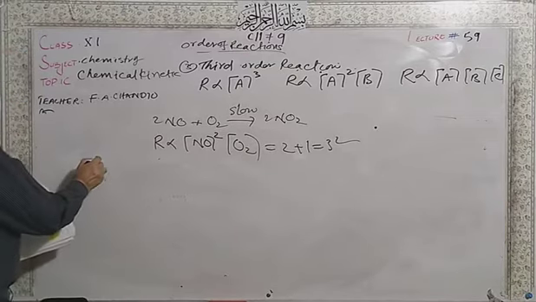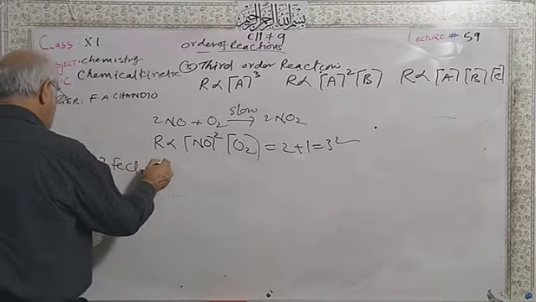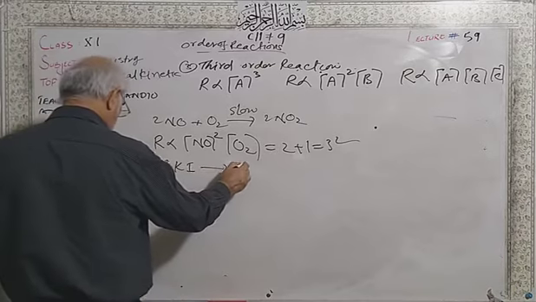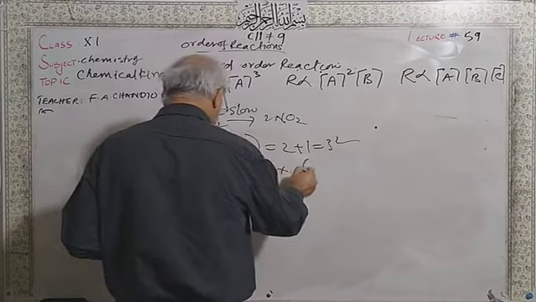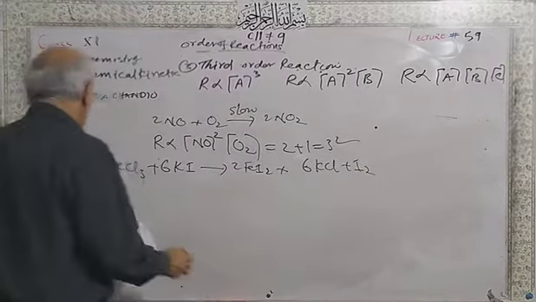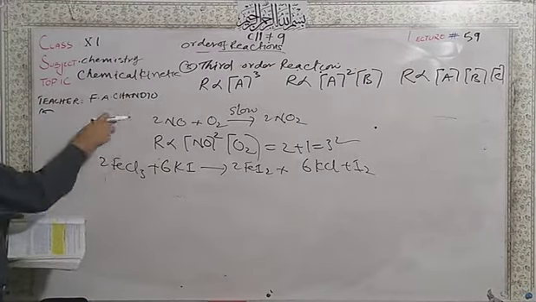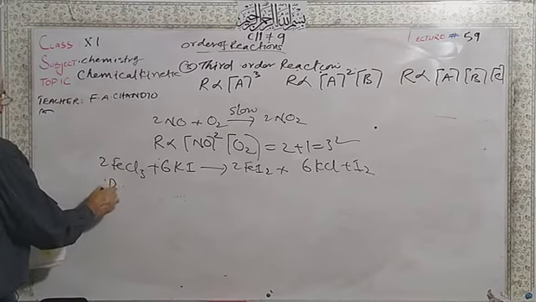If you look at this chemical reaction, 2 moles of ferric chloride and 6 moles of potassium iodide give 2 moles of iron iodide plus 6 moles of potassium chloride plus iodine. So actually this is 6 plus 2, order 8. But this is going to complete in more than one step. So that's why the rate law is directly proportional to